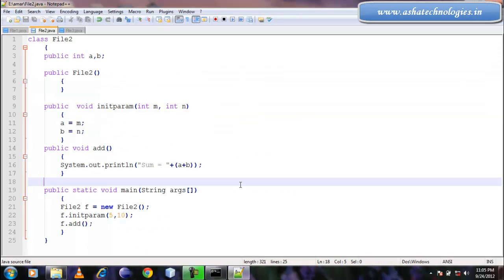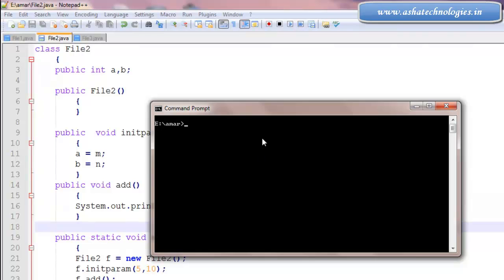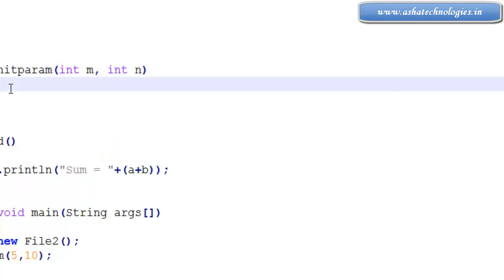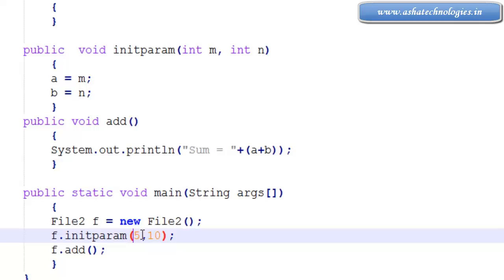We can see the output of this file. So javac file2.java. Of course, it is successfully compiled, and then go for java space file2. Enter. So I got the result 15. See, whatever the value that you pass here, that value will go to m and n, and that will be assigned to a and b,